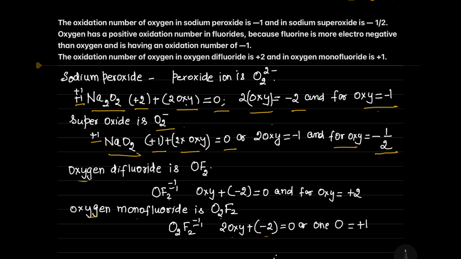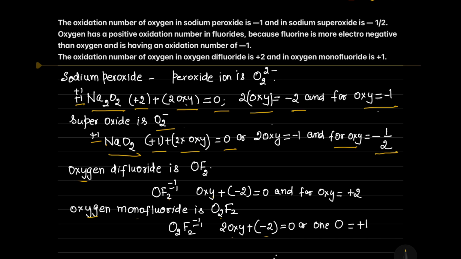Fluorine is more electronegative than oxygen and has an oxidation number of -1. The concept of electronegativity can be discussed in detail in one of our future videos. In combination with fluorine, oxygen has a positive oxidation number. Therefore, in oxygen difluoride, formula OF2,